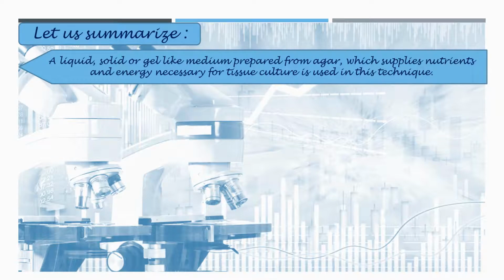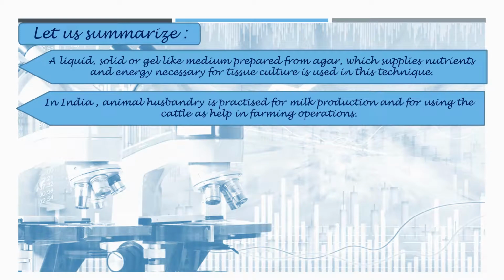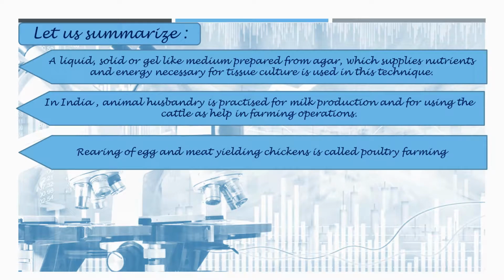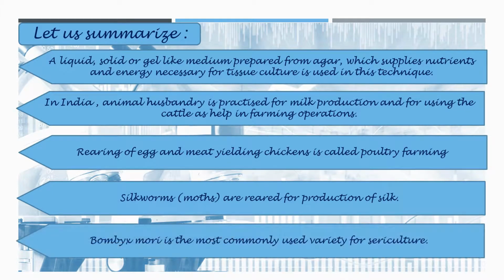in this technique. In India, animal husbandry is practiced for milk production and for using the cattle as help in farming operations. And rearing of egg and meat yielding chickens is called poultry farming. And silkworms, that is moths, are reared for production of silk. Bombyx mori is the most commonly used variety for